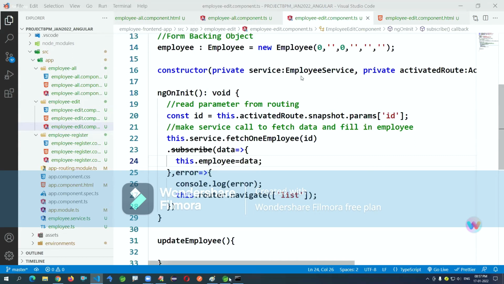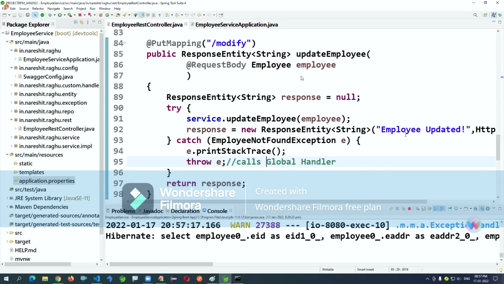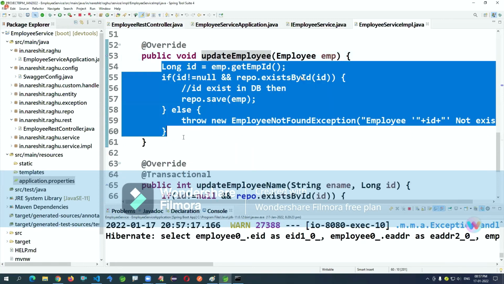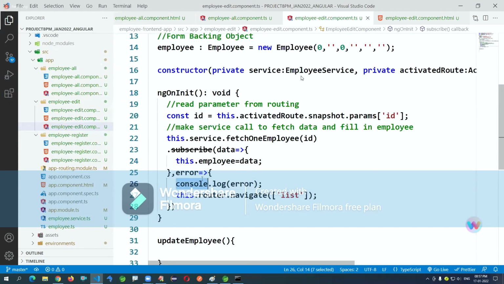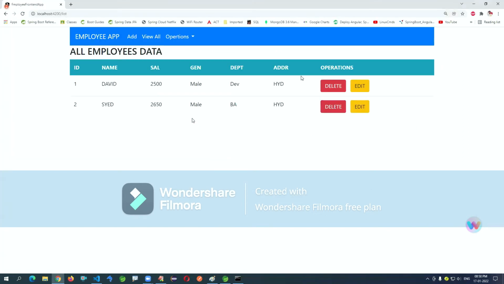There will be error check in the backend. In the backend, we are going to do it in the service layer. That is in the backend. This exception will be thrown. That error will come to console, and that's the front-end application. In the front-end application, we can define some error component, not found component, employee not found. We have to show that given ID is not present. Please try something different. Temporarily fine.